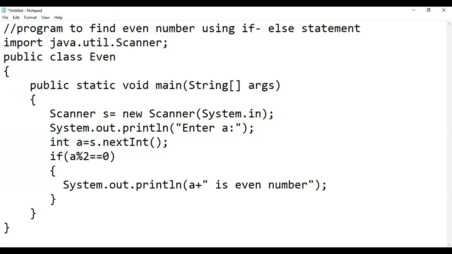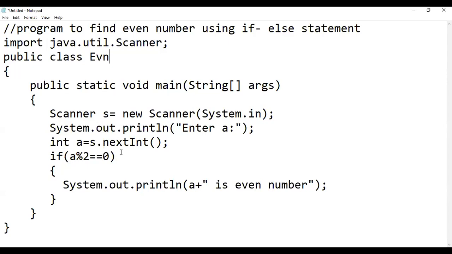The import java.util.Scanner will be the same, because again we want to take input from the user. Class Even, now we have to change its name. In the main function, firstly we create an object of the scanner class, then take input from the user.